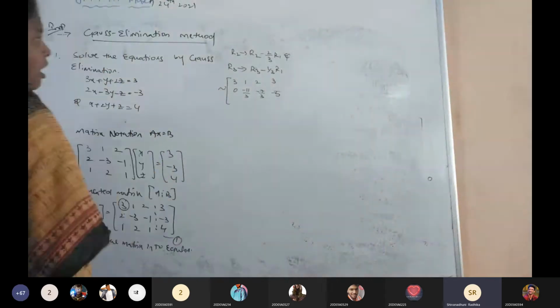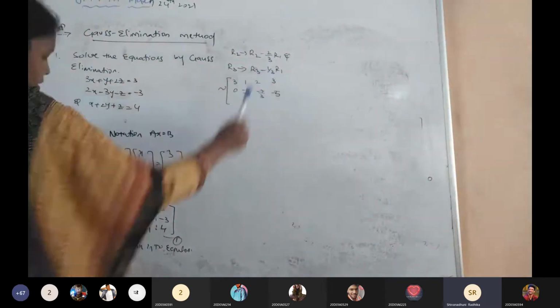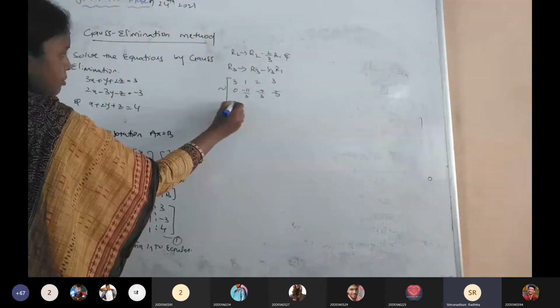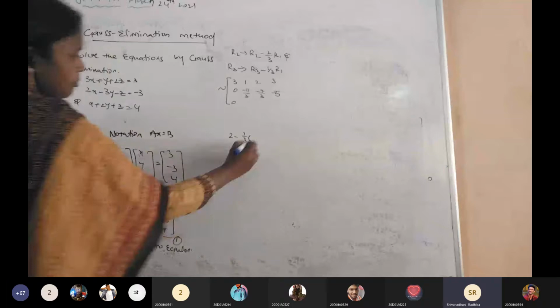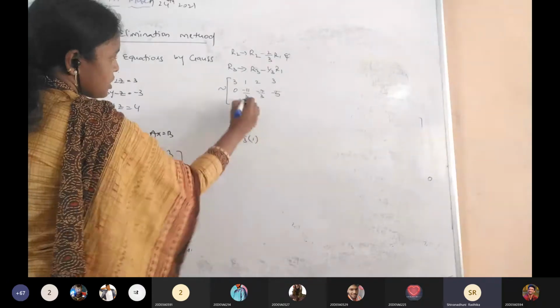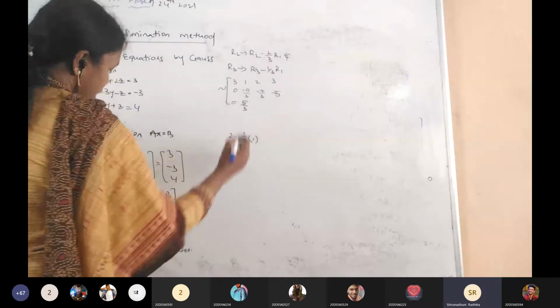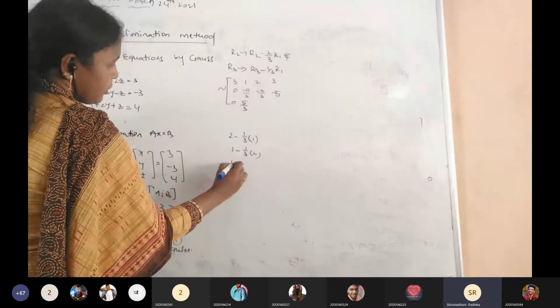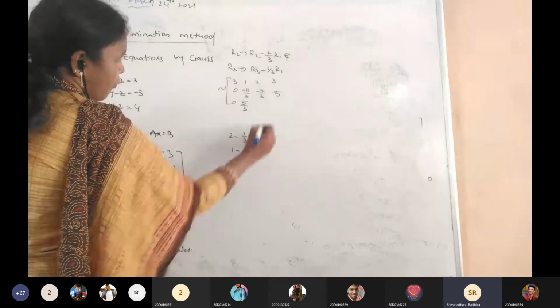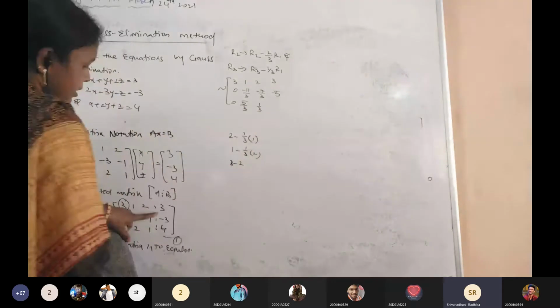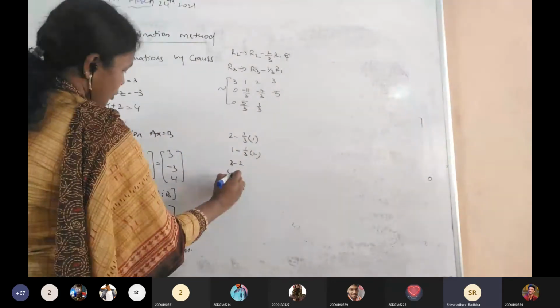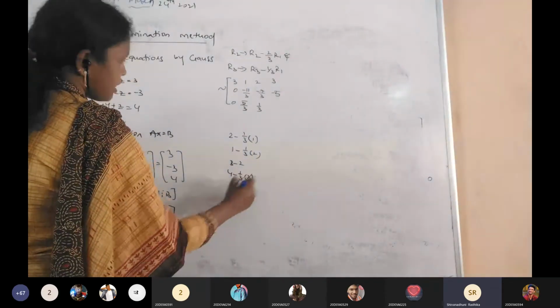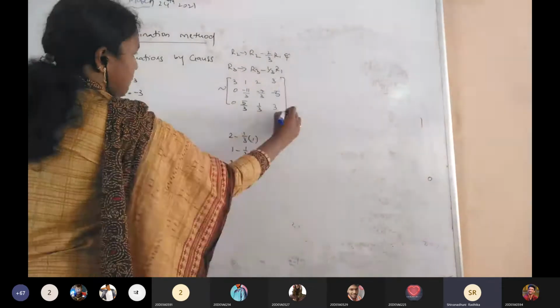What is R3 here? R3 is R3 minus 1 by 3. R3 anyway the first element by using the pivotal, that is a 0. 2 minus 1 by 3, corresponding element is a 1. 6 minus 1, 5 by 3. And then go for the next, 1 minus 1 by 3 into 2. 3 minus 2, 1 by 3 here. Then go for the last one. 4 minus 1 by 3 into 3. 3 get cancelled, that is a 3. Clear, ma?